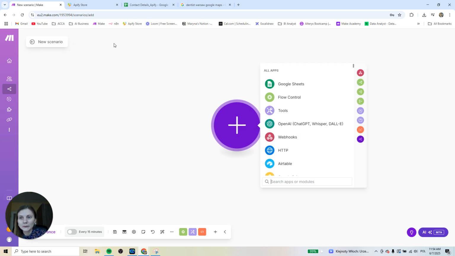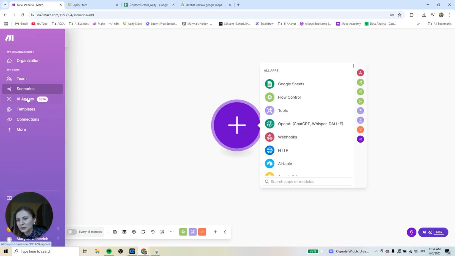For someone who hasn't used make.com yet, it's just easy. The process to create a login is quite easy. So you can just go on make.com. I will also add the link in the description. You go through the few steps, you confirm your email, and you will see